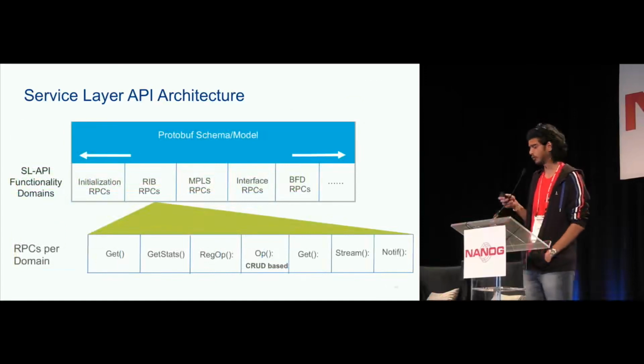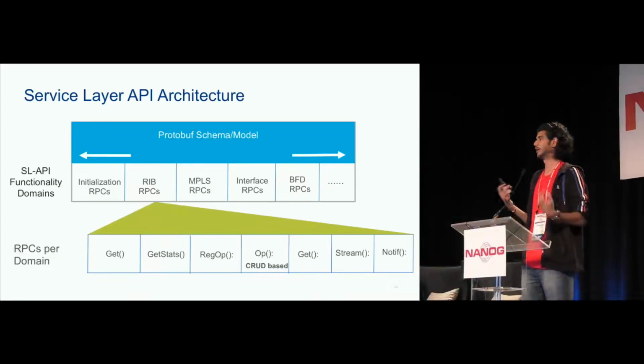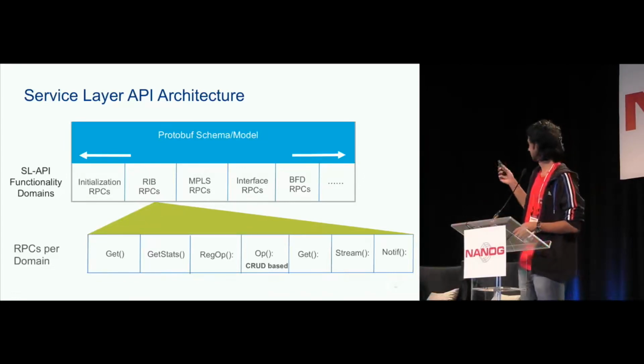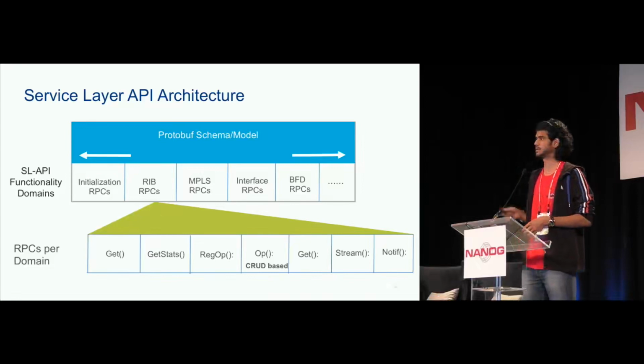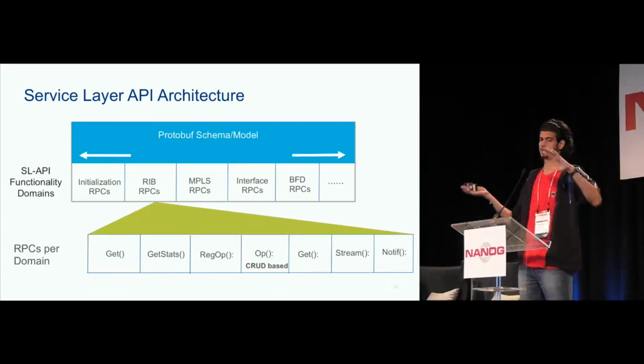Further, if you look further into what the API should really do, there are different aspects here. Within each functionality domain, you need to have certain basic RPCs that have to be covered. One of the main ones that I'd like you guys to think about is the op RPC. The op RPC needs to be CRUD-based, of course, and that CRUD-based operation allows you to create, delete, update objects as needed, and that is pretty much what you're going to work with in a manner similar to other stacks